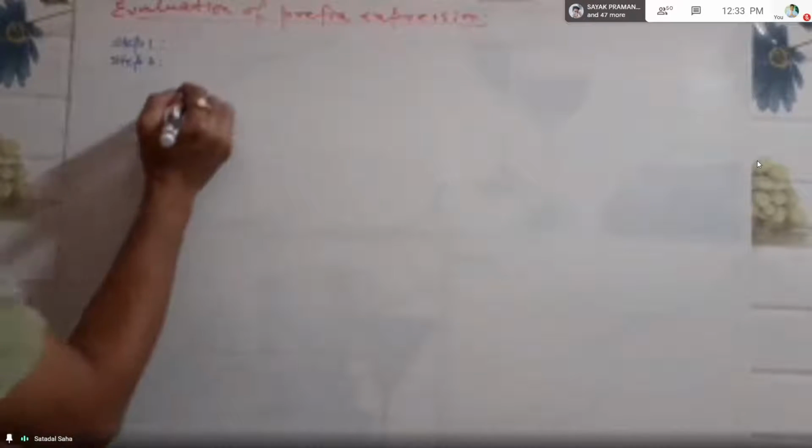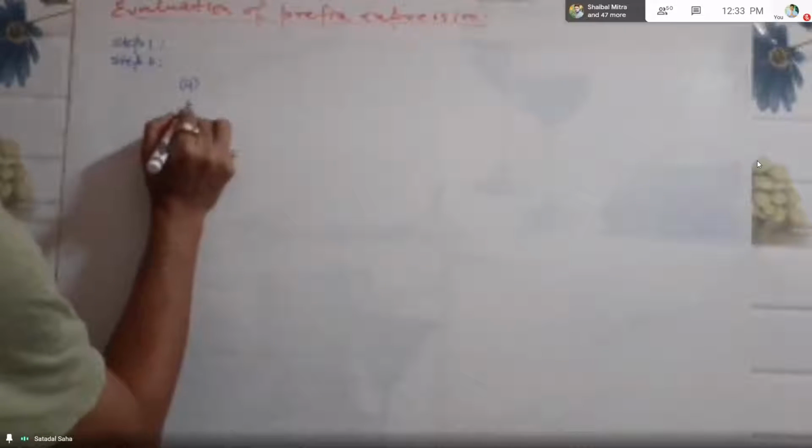এবারে step 2 এর মধ্যেই ABC করে তিনটে পয়েন্ট আছে। A, scan the prefix expression from right. Step 2 এর মধ্যে A part, scan the prefix expression from right. Right বা right side ও লিখতে পারো।